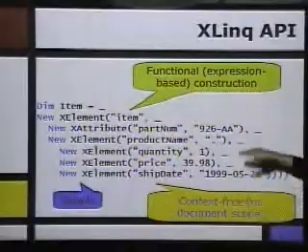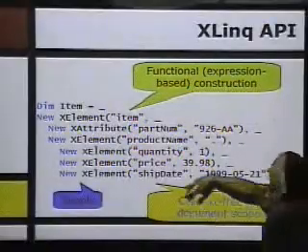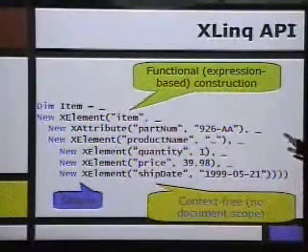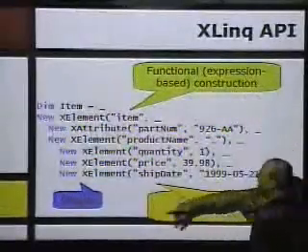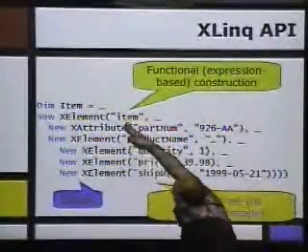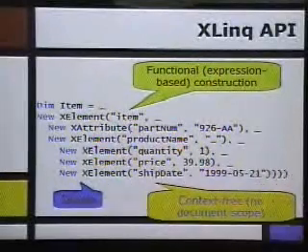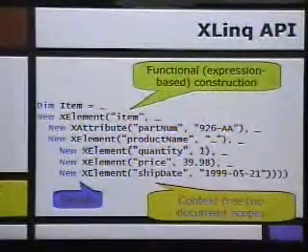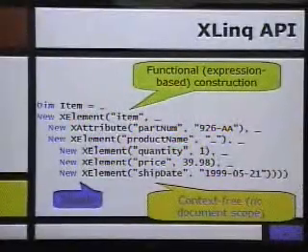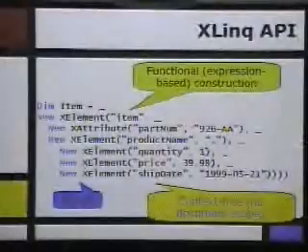So in the whole LINQ framework, we now have the XLINQ API. So you create the same document or the same XML that I showed you before by an expression-based construction. So I can say new X element, item, new attribute, and it has child element. So you see here that it's much simpler to create XML. You just write expressions. The other thing is there's no document scope. Okay, so these elements are first class. You can pass them as arguments, you can return them. They don't have to live in a document.